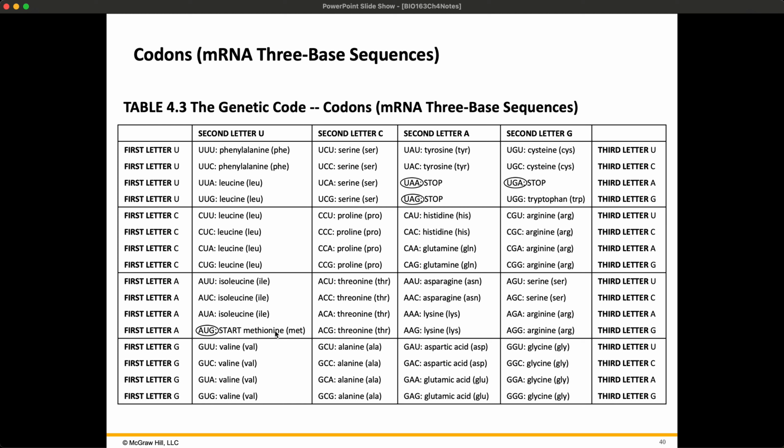But to get to the amino acid, we first have to start by reading the RNA. So the first letter in our RNA chain is A. The second letter is U. So there's U, so we're in this box. And then the third letter is G. So it's AUG. Okay, so that is our mRNA strand. The tRNA molecule will have the opposite of that. So it would have UAC